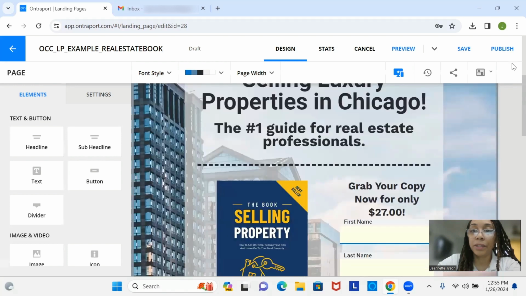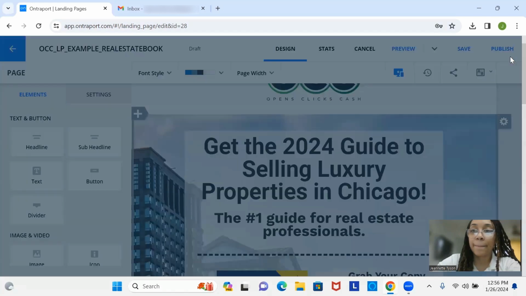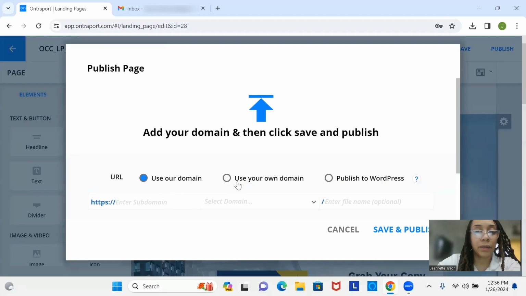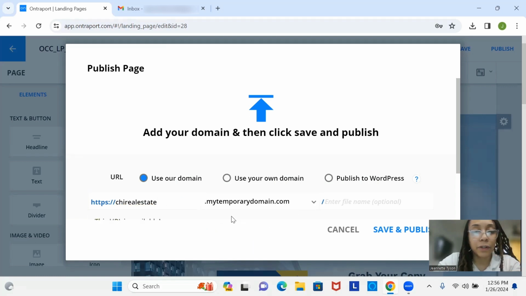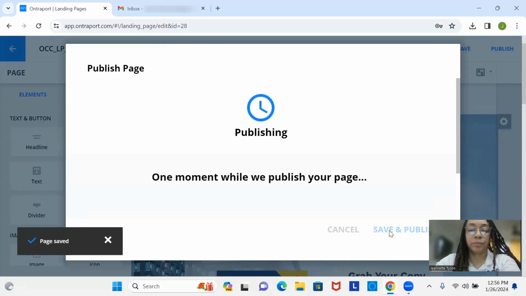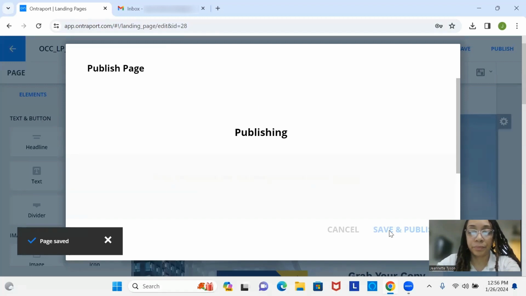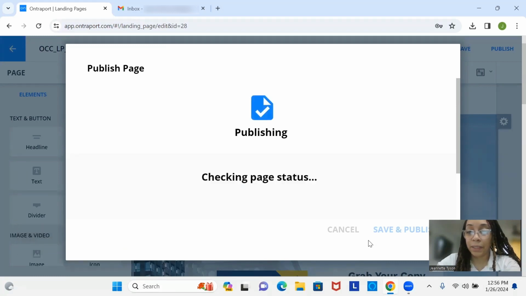So I'm going to go ahead and publish this. And I'm going to use one of Ontraport's domains, Shy Real Estate. And I'm just going to click the first option for the domain, and I'm going to save and publish. Simple as that. And again, remember, you can always use sales page templates. Ontraport has a lot of options when it comes to their templates,